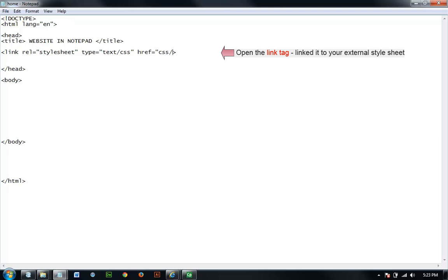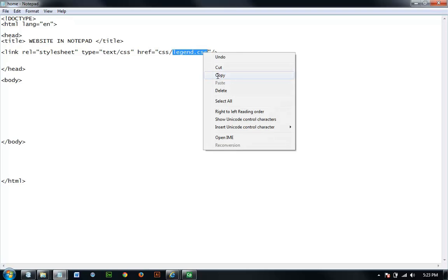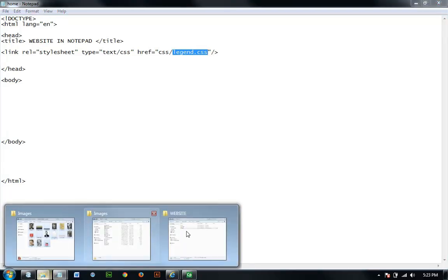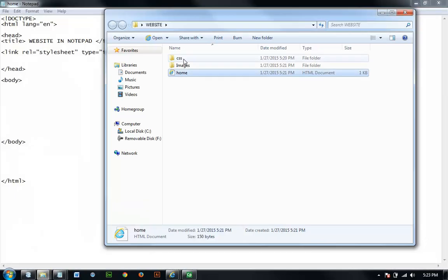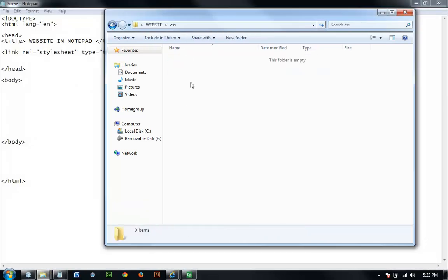So css/, and I call it, let's say, legend.css. Alright, so this is what I'm going to create inside my folder, called legend.css. So let's close back here. Let me copy this. Alright, so I can copy, and let's go back to my folder here, and then inside the CSS folder